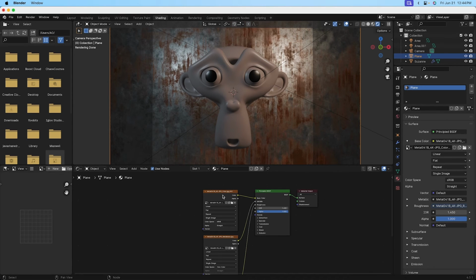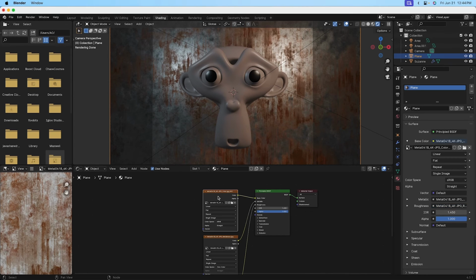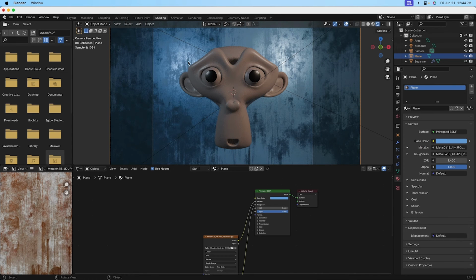Let's go ahead and get rid of the color JPEG first. So that's the one for the base color. So click once on it to select it and then press X on your keyboard. And notice something really cool in the background here. So we got rid of the image, but we still have the metallic and roughness images driving those values. So what's cool here is we have a plain base color, but we can still link up image textures to metallic, roughness, and these other slots